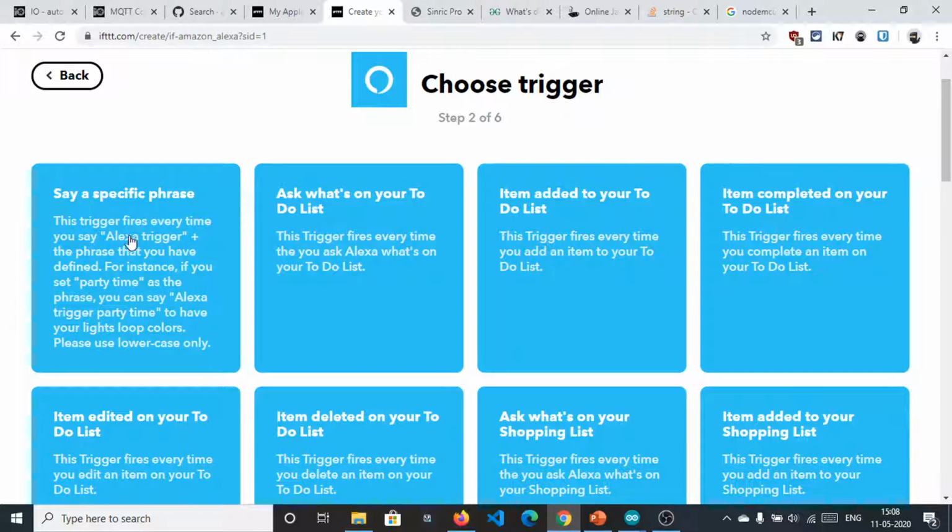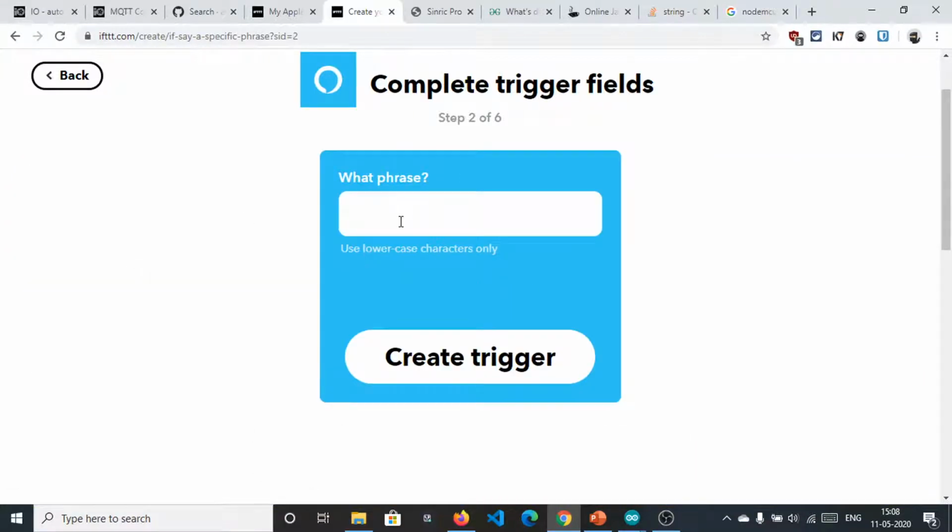So we will define Alexa trigger on red. Fine. So we need to add on red here in the phrase field, for making the red LED on. We will type on red. So the complete phrase will be Alexa trigger on red. Fine.